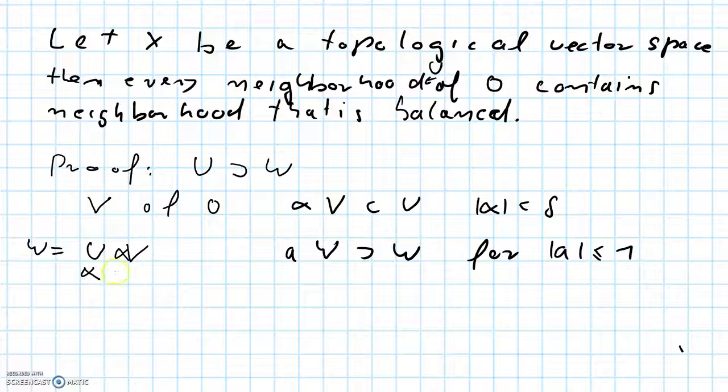So let's pick an arbitrary element of W. This has the form some alpha times some element of V, let's call it small v1. And if we multiply this by A,